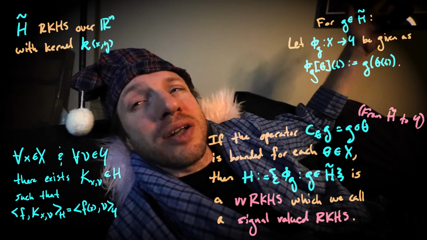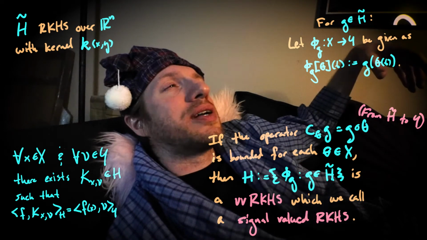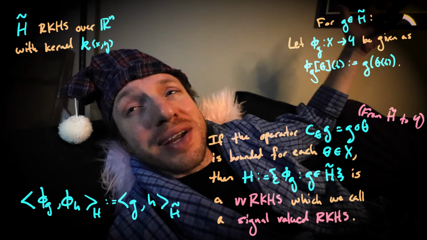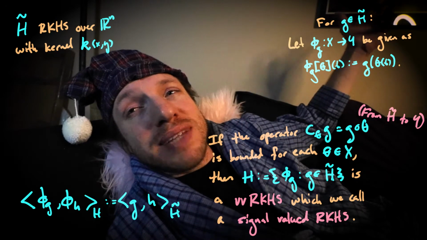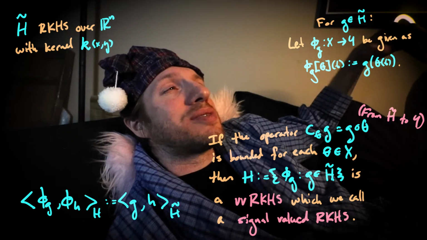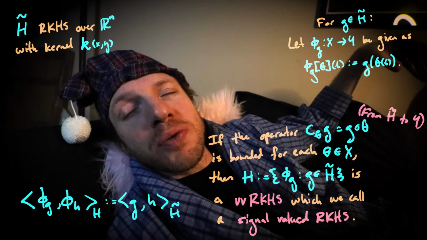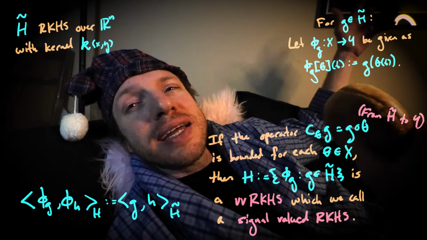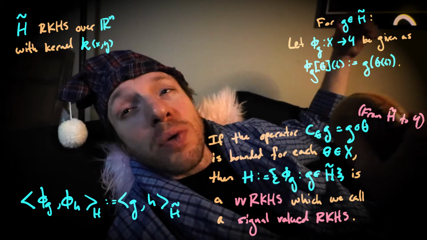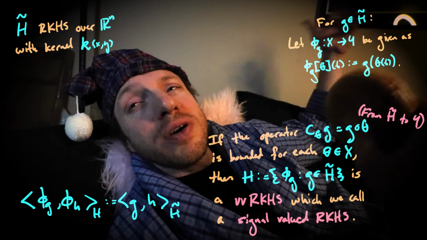And so through this canonical mapping, we can define a signal-valued reproducing kernel Hilbert space. We can give it an inner product pretty naturally, and it turns out that that's the entire space. It's actually just a one-to-one mapping with a regular reproducing kernel Hilbert space. But we now have this new way of looking at it as a signal-valued space, which is going to help us when we're trying to evaluate